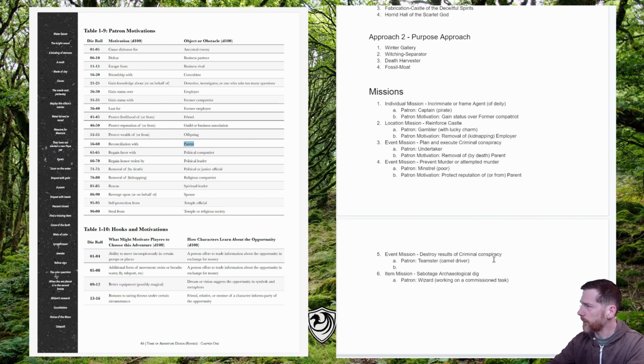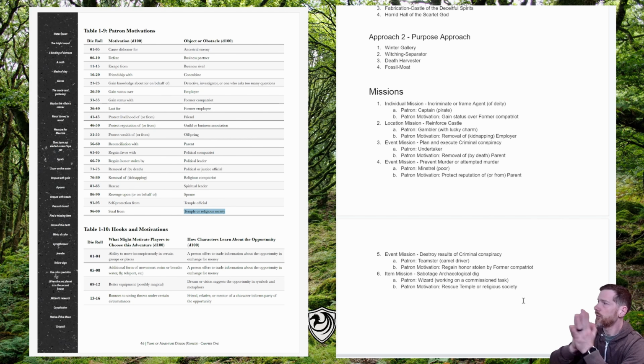So, let's see about this Teamster. Gain honor stolen by former compatriot. All right. And next, our wizard, working on a commissioned task. Their motivation is rescue temple or religious society. So again,